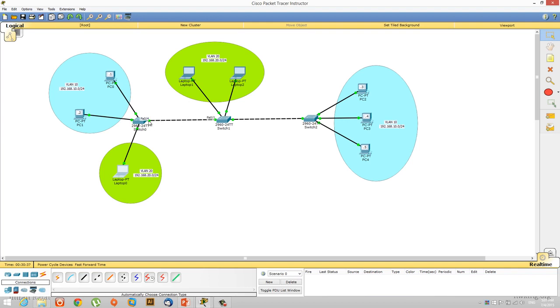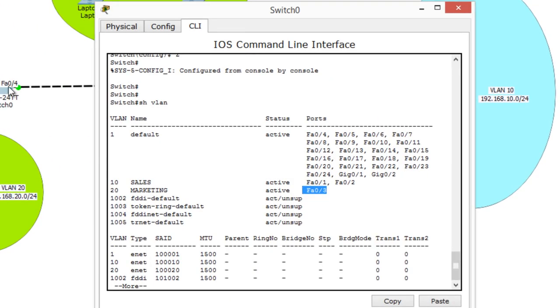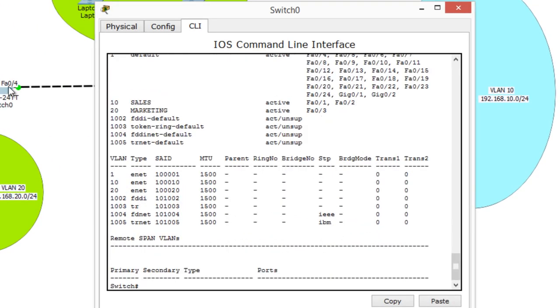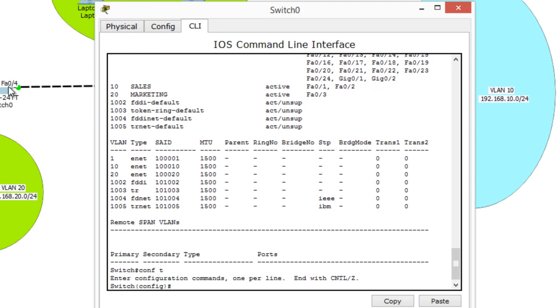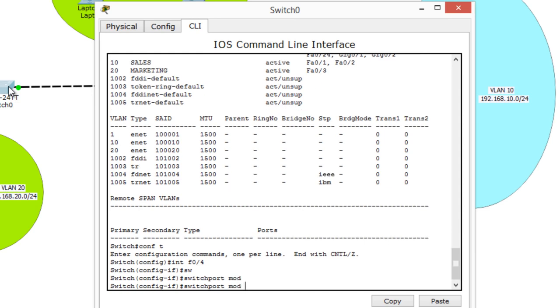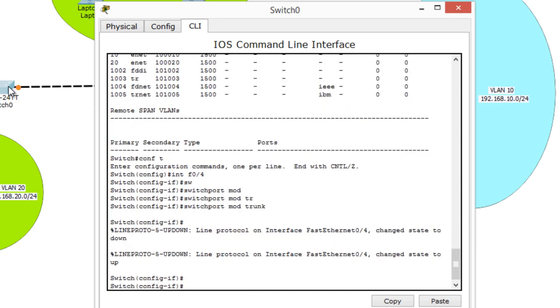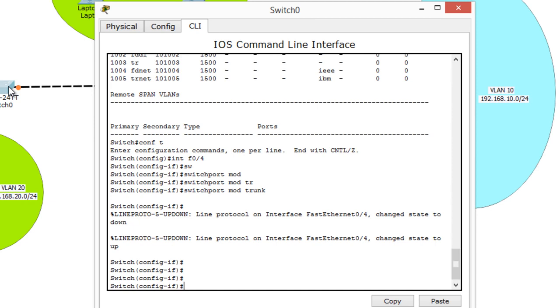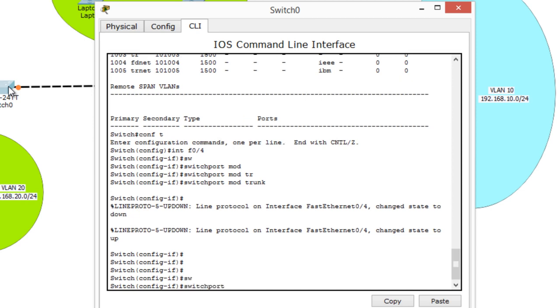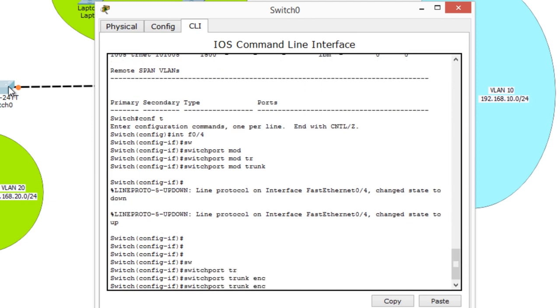This is FA0/4 and FA0/1. So in this switch, FA0/1 is a trunk. So I'm going to go here. I say config terminal, interface FA0/4, switchport mode trunk, right? And in older switches, you had to give one more command saying switchport trunk encapsulation dot1Q, but newer switches don't have that command because, like we discussed in one of our previous videos, there is only one encapsulation technology that we use in today's world for trunks, and that is